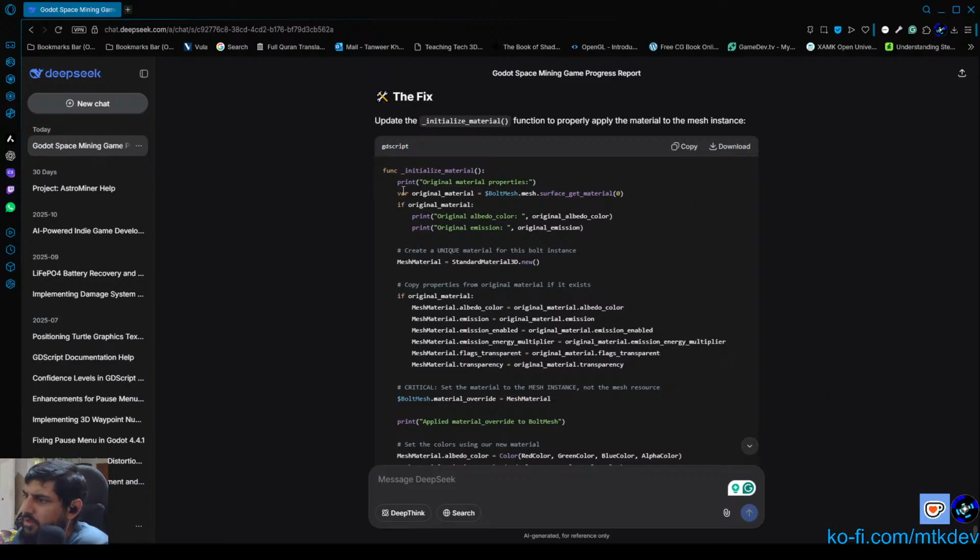Initialize material, print original material properties are, and then variable original material is the bolt mesh.mesh.get surface material 0. Right? So get the actual material from the surface of the mesh and assign it to this original material. And then if there is an original material, so if it's not null, then print this as well. So original material properties, new line, original albedo color is original albedo color. And then